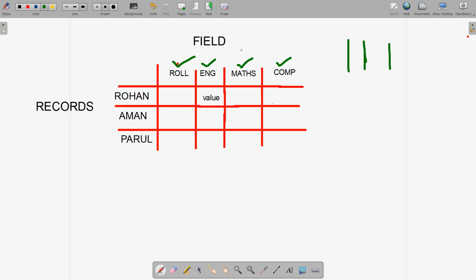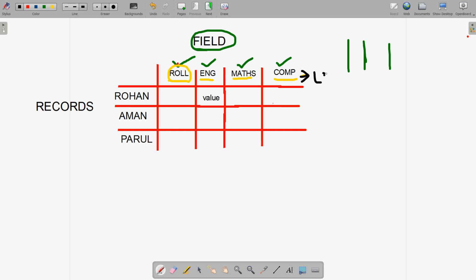These columns have specific names. Here you can see the roll number, then the subject names. So these all have a header. All the fields have a column header, and these are called labels.